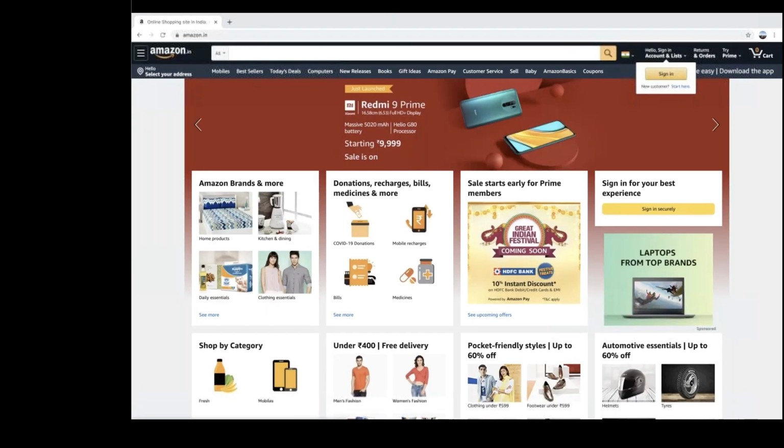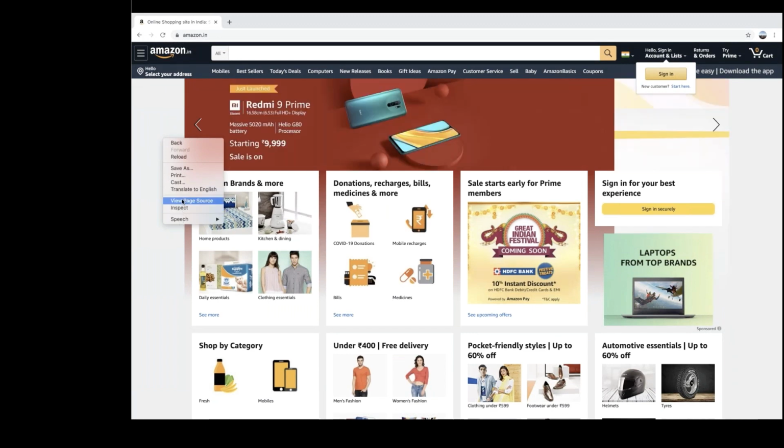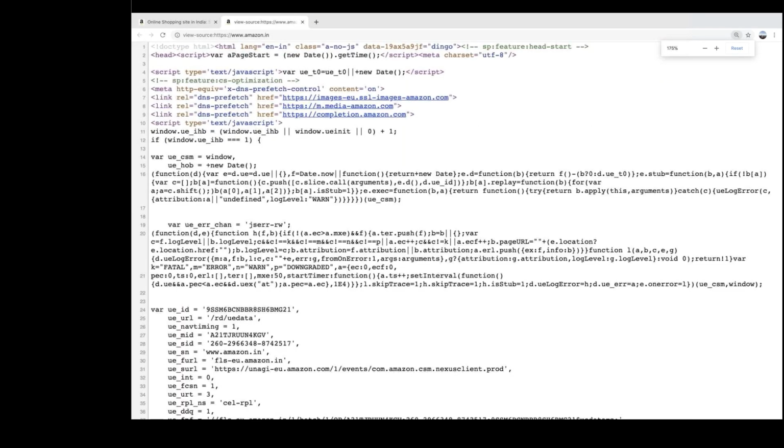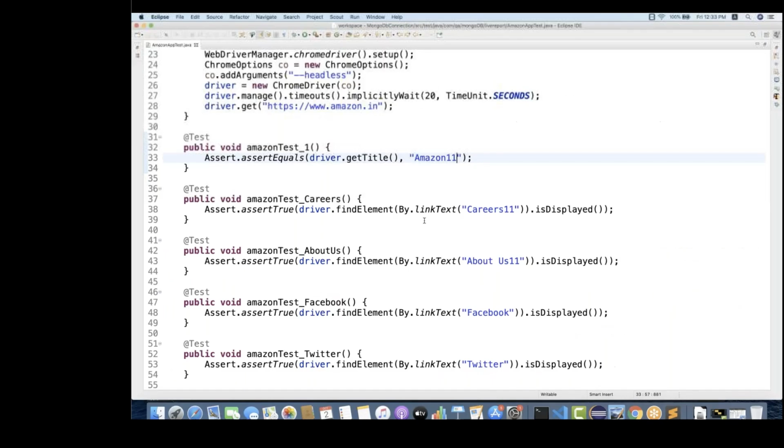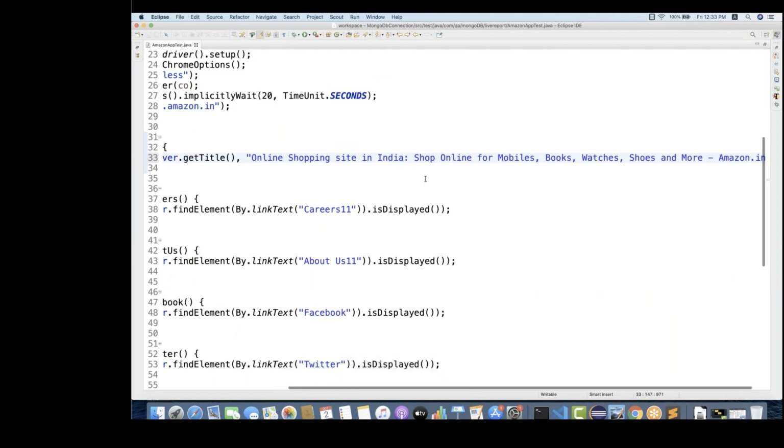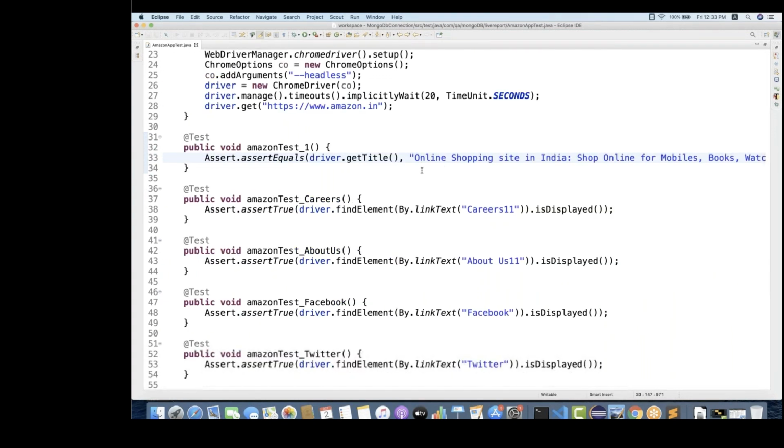So when I go with .in, let me quickly view the page source. So Control F, title. So this is the title of the page. I'll just quickly pick it. This is the title I want to verify. So instead of this, I'll be writing this particular title. Don't judge why I'm using hard-coded values and all those things. I'm not using page object model. Those things you can do later. Things will remain the same over there.